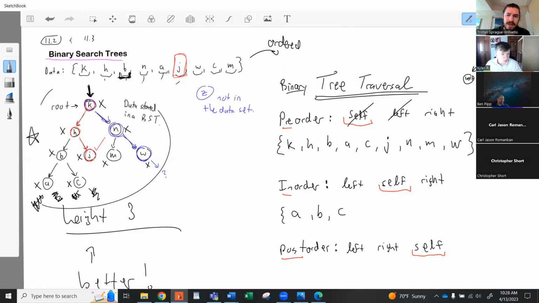So it goes back. And now B says, I'm done with my left. I read myself, and now I've read my right. So now I'm done, and I go back up to H. So the next thing we get is H. And then H reads its right child, which is J. And then we go back up to K. We get K. K now moves to the right